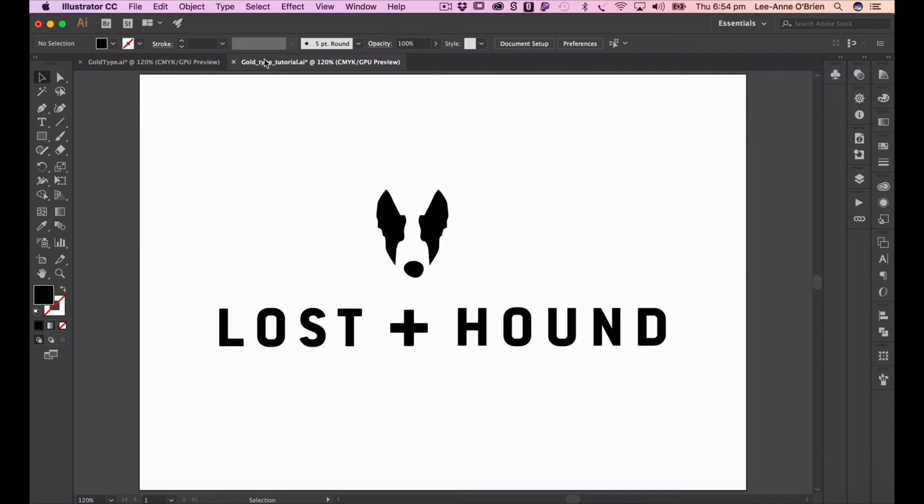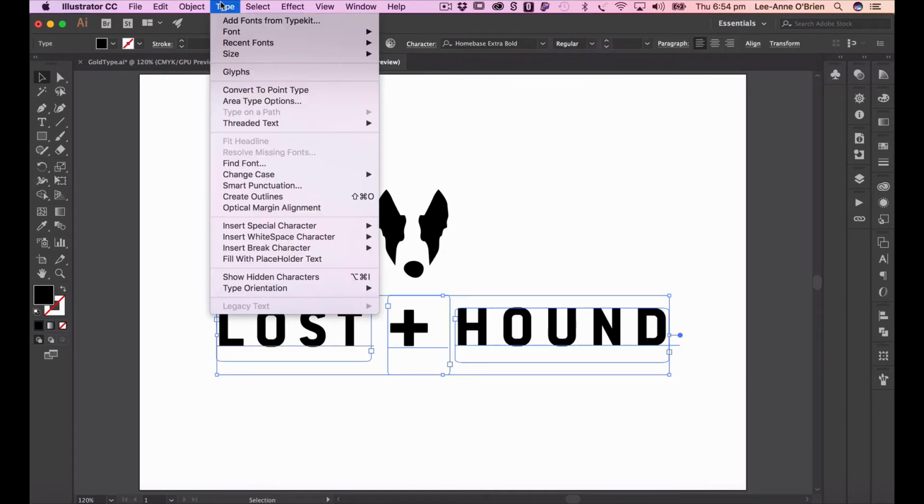So to begin with, I'm going to start with the logo as it stands in black and white. So perhaps you have got a logo and your client wants to create something special for an invite or for social media. This is the perfect opportunity to use the gold. As you know, it's quite popular at the moment. So this is my logo. The type is still not outlined. First thing I'm going to do is just select it, go Type, Create Outlines,